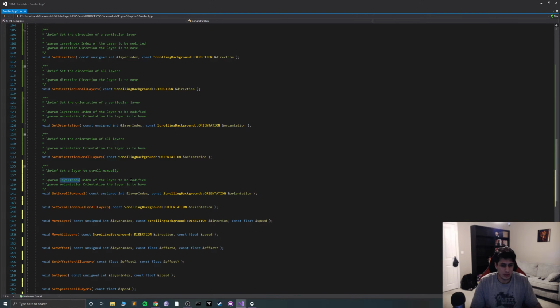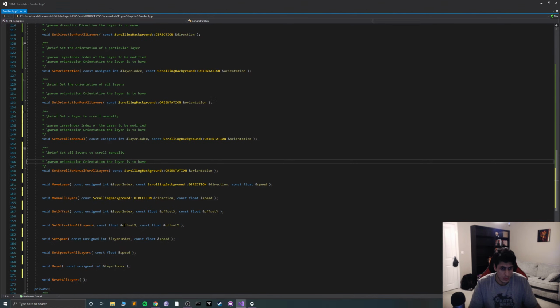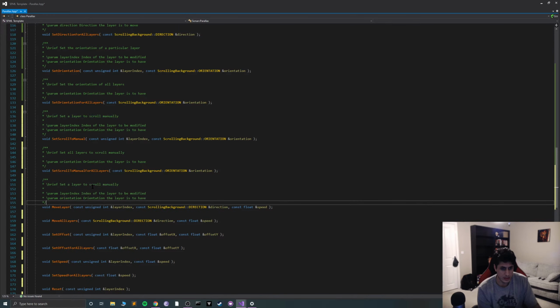Layer index, yes. Nope, that's not what I wanted. Copy that, paste it, and set a layer.